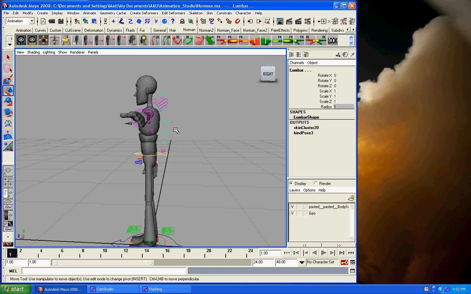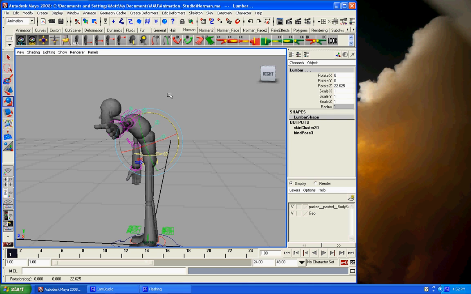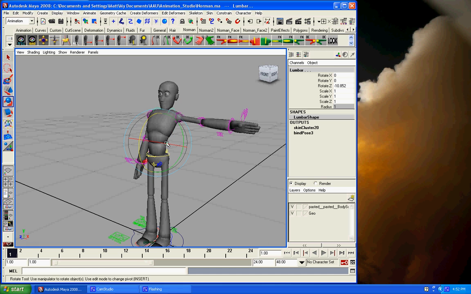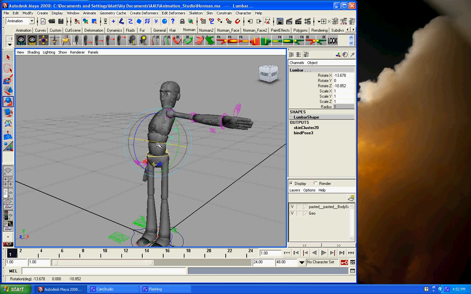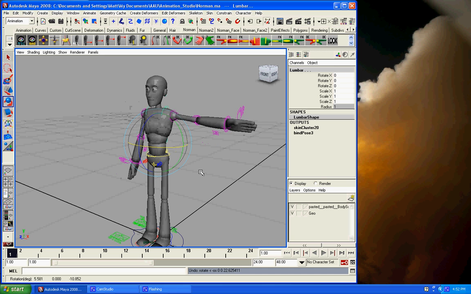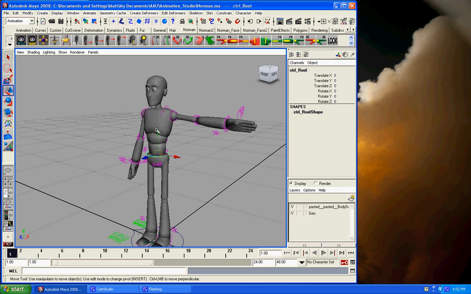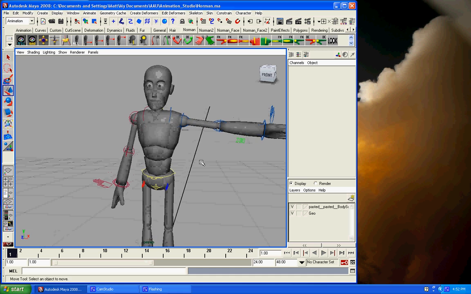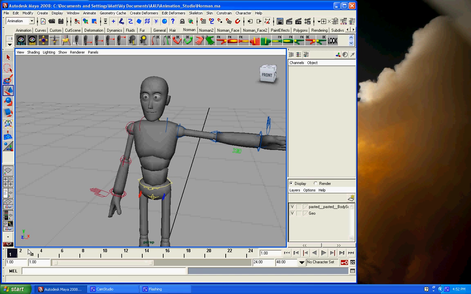He's got a whole spine here. I can curl him around, twist him if I want, and basically do whatever I want. I can lift the guy up, put him down, do all kinds of stuff to manipulate him, and that's basically how I animate. So I'll put him in a pose, and then I'll key it here on frame 1 or whatever,